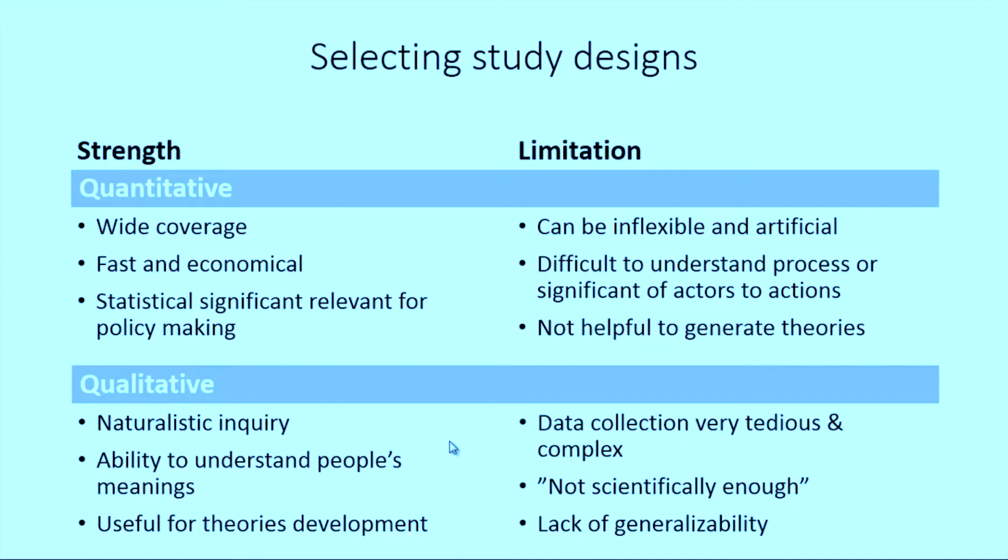On the other hand, there are several limitations in both methods. For example, quantitative study, because of the study design, it can be inflexible and artificial, for example, in randomized controlled trial. It's also difficult to understand process or significance of actors to action, and it's not very helpful to generate theories. The limitation of qualitative study involved very tedious data collection and its complex processes, and some people think